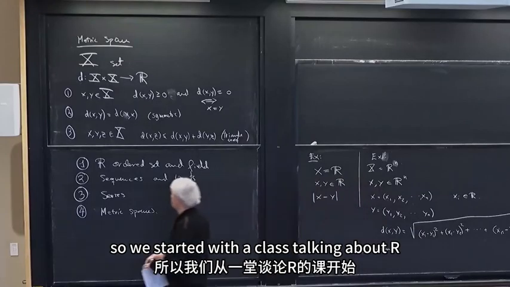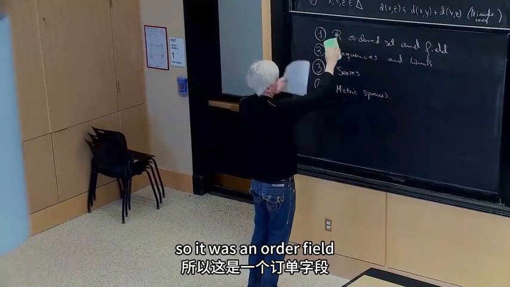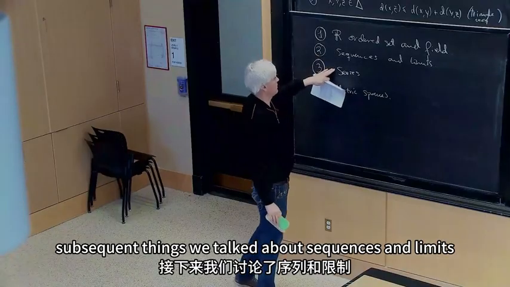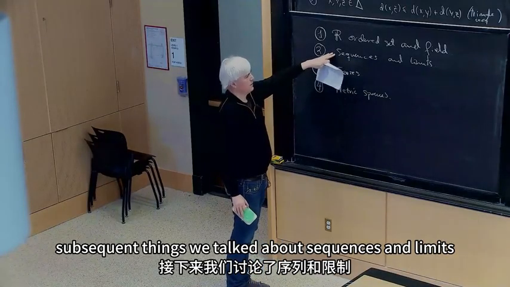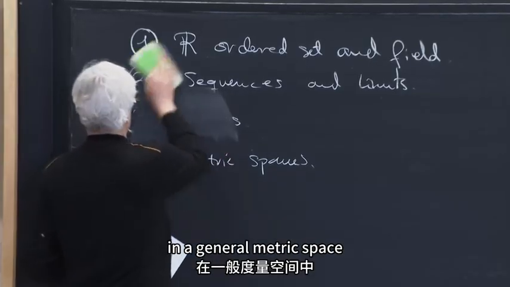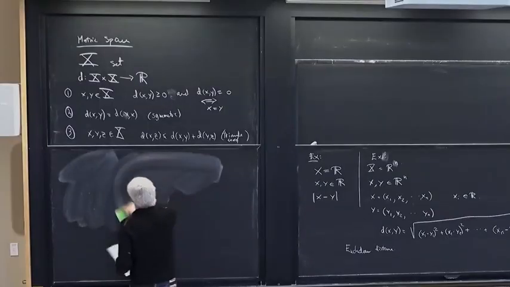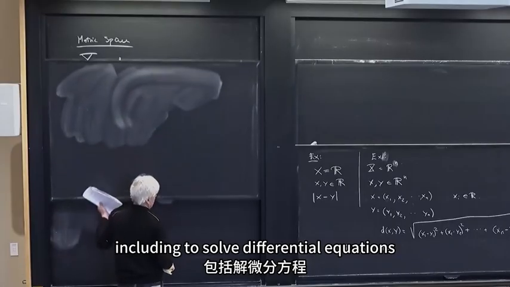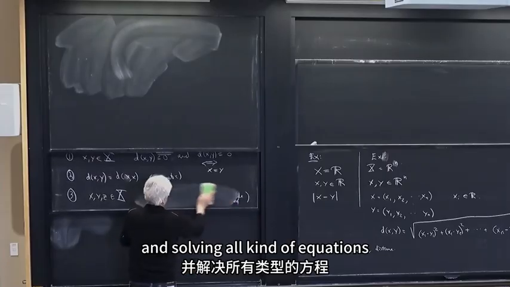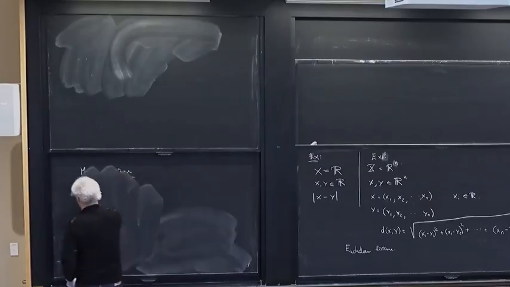So we started the class talking about R. And it was an ordered field, but a lot of the things we talked about for R, the subsequent things we talked about, sequences and limits, as we will see, make total sense in a general metric space and have important consequences, including to solve differential equations, and solving all kinds of equations. Okay, so now let me